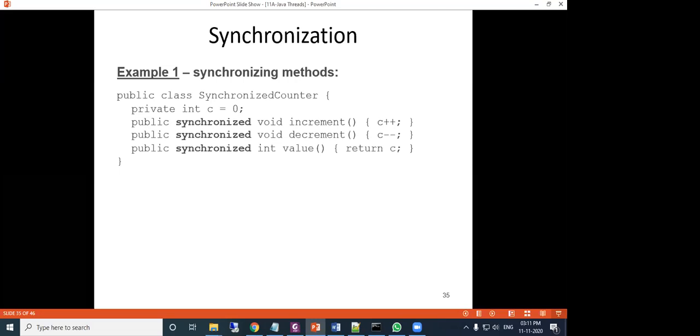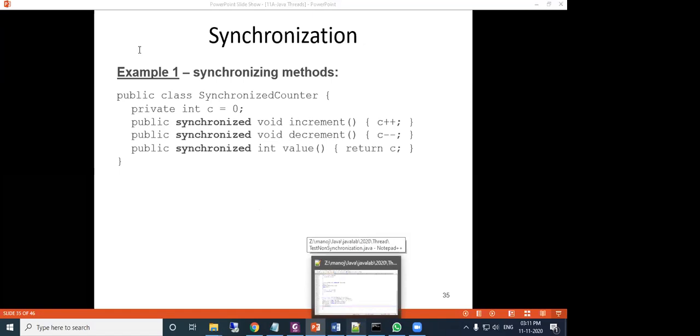That is the meaning of synchronized. So in the synchronized method, after completing all the statements for a particular thread, it will allow the others to execute.